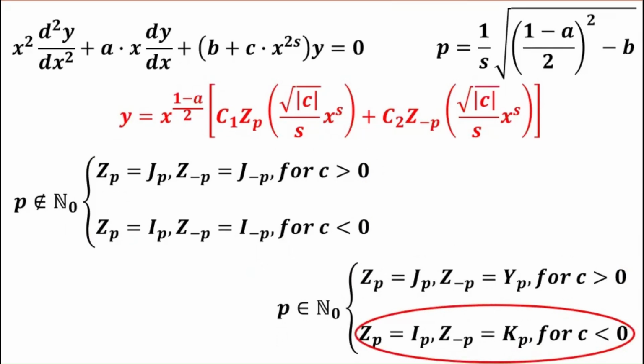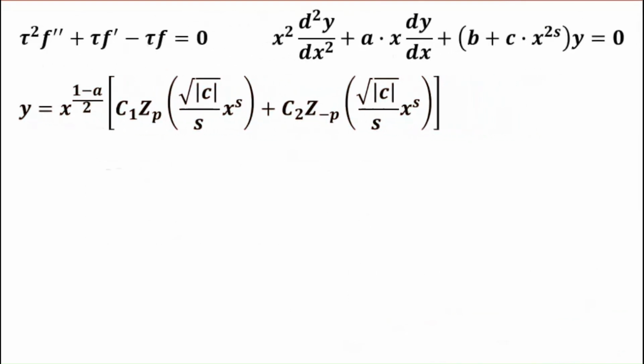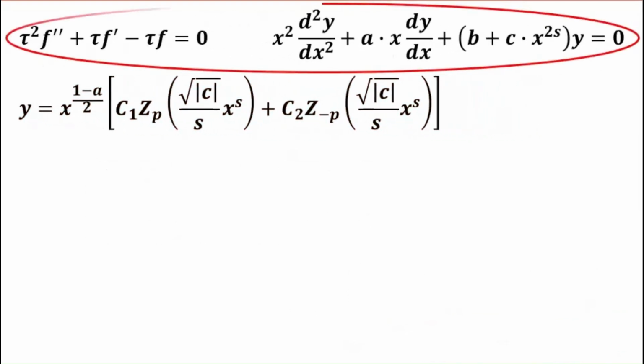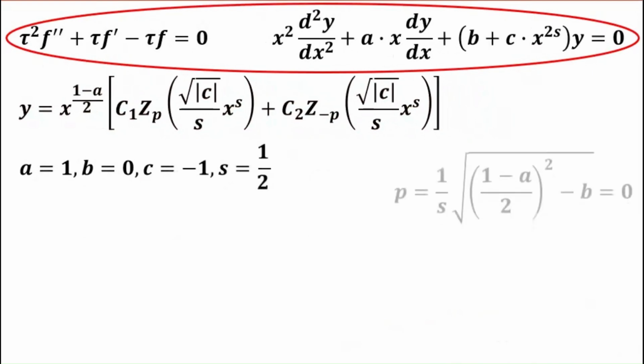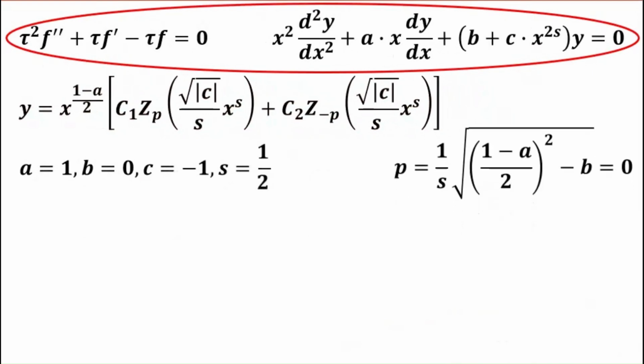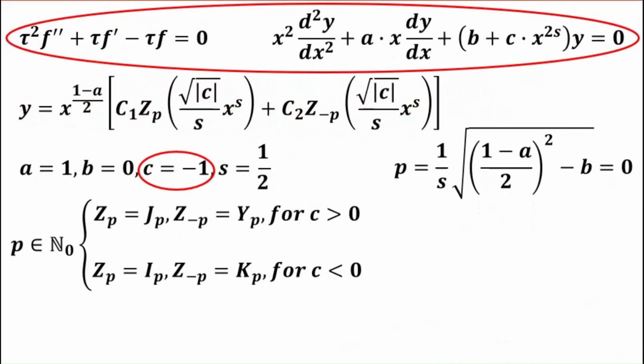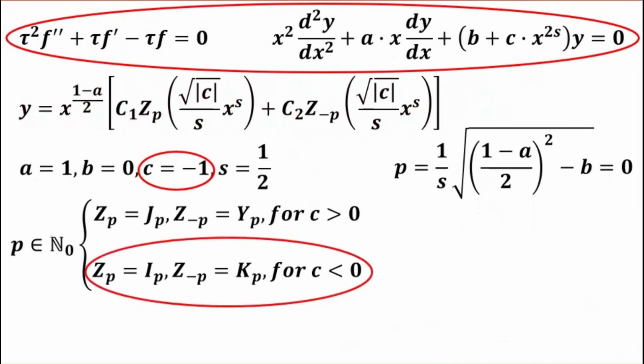By returning to the original differential equation and comparing it with the standard form of the Bessel differential equation, the coefficients a, b, and c can be identified, from which the coefficient p is subsequently calculated. Since p is 0 and the coefficient c is negative, the general solution of the differential equation is a linear combination of two modified Bessel functions of order 0, namely I0 of the first kind and K0 of the second